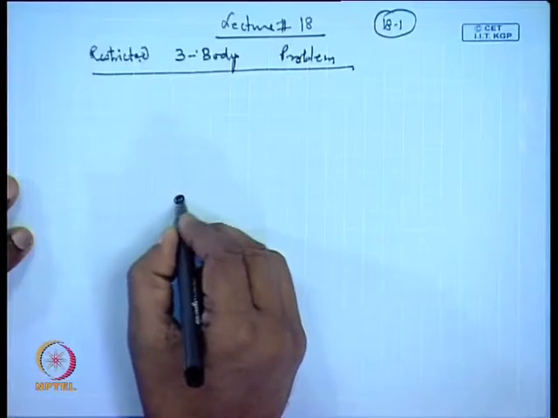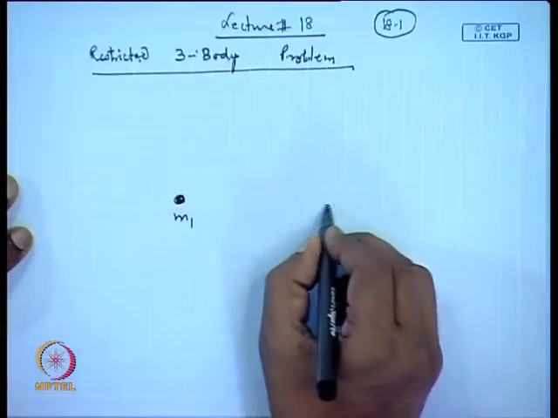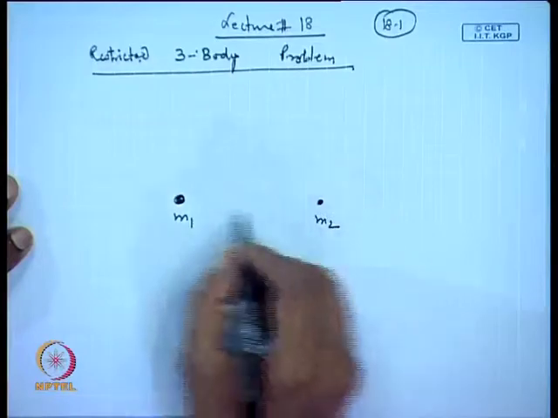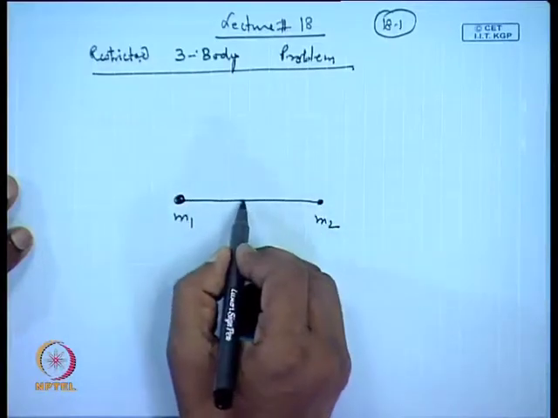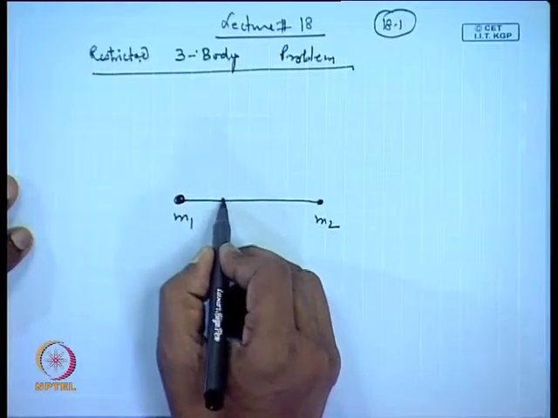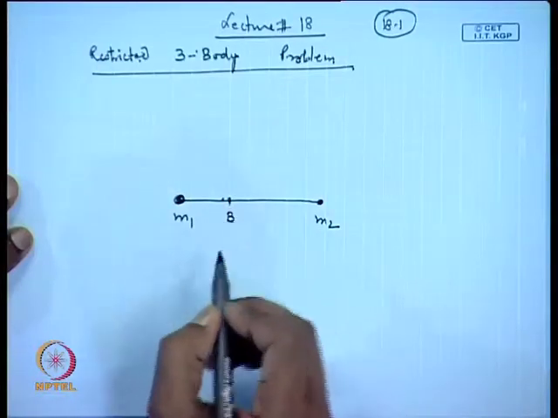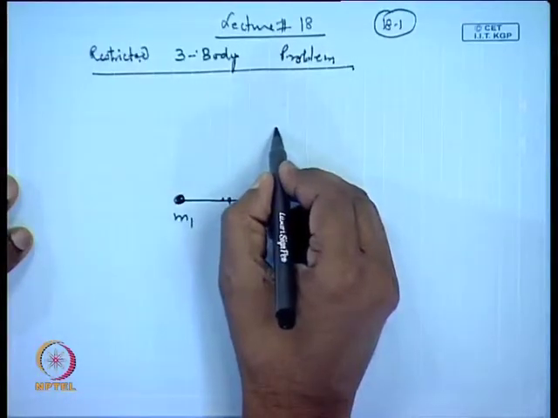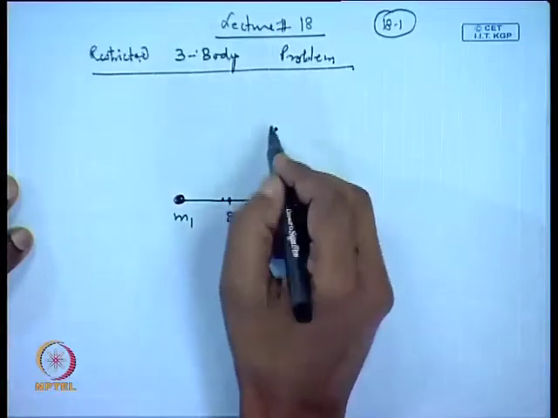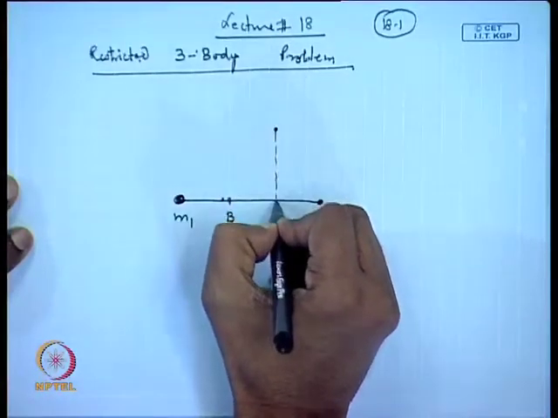Okay, in the last lecture we have been discussing the three body problem, and for that, once z is equal to 0, we were trying to find out x and y. So, in that course, we have the body here which we wrote as m 1, another body was m 2, and we defined the barycenter somewhere here at this point as B. In the x y plane, once z is equal to 0, we are trying to solve for x and y.